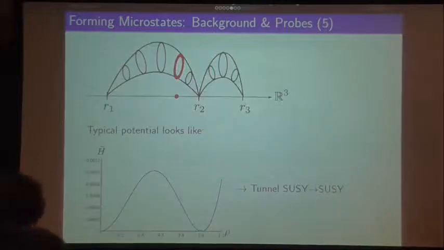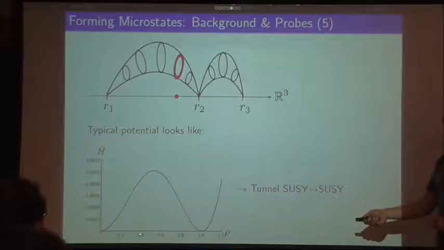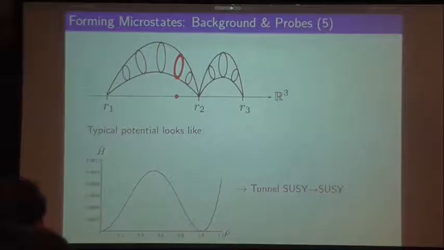So I want to just give you an example of a potential here. If I just look at one dimension in the R3, I could, for example, take this R1 here to be this point here, and then this red point to be here. And then we see that there are really two supersymmetric minima here and here. And one of the supersymmetric minima is where the dipole is gone, where we don't have a supertube, we only have the D2 brane charges.